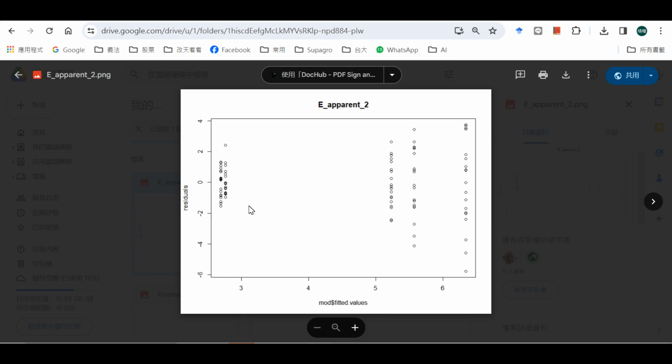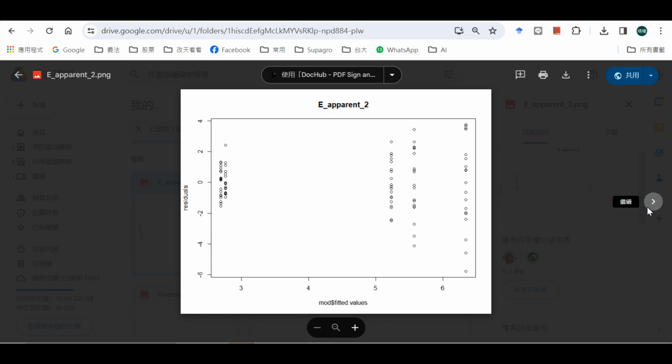Theoretically, if they have equal variance, here are 5 lines, right? Each line refers to one modality. And the ranges of these 5 lines should be similar, so they have equal variance. But they're indeed not so similar, because they already fail on Levene's test, so it's reasonable that they're not so similar. But reading the plot is so subjective, so I just made the plot, but